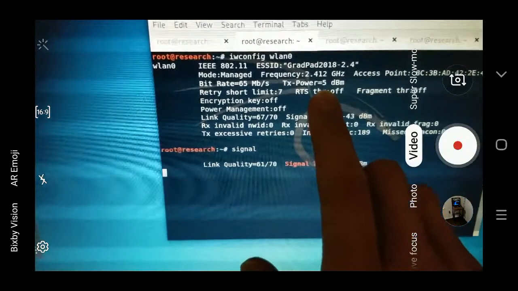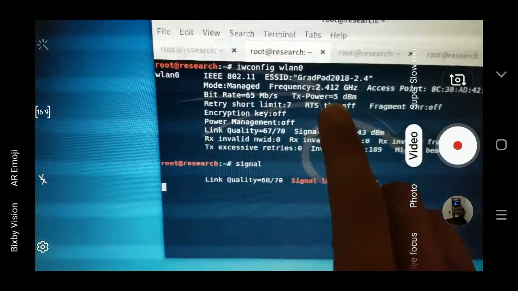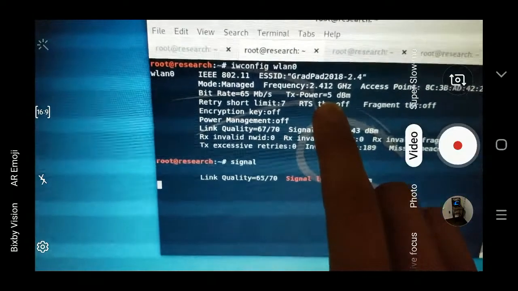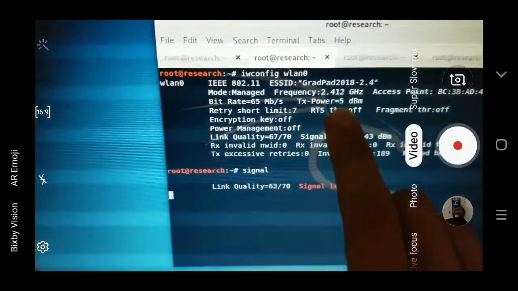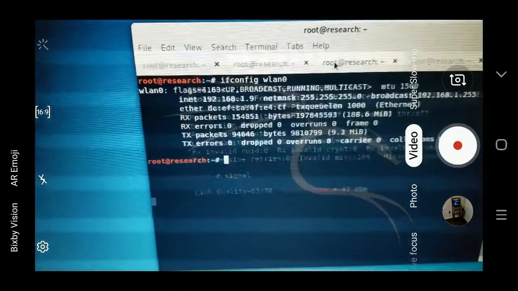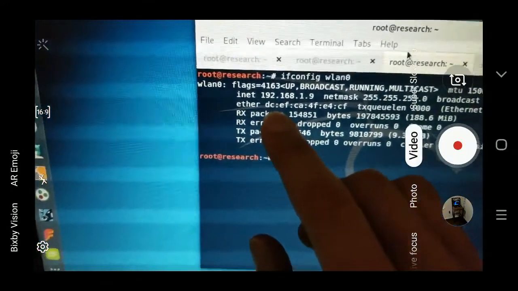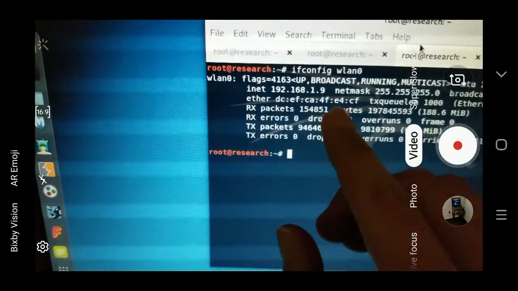We can see that the power level of my wireless antenna has been dropped down to 5 dBm, to match the signal strength for my cell phone. Additionally, I wanted to state that I have changed the MAC address to that of my cell phone. So just to show that real quick,